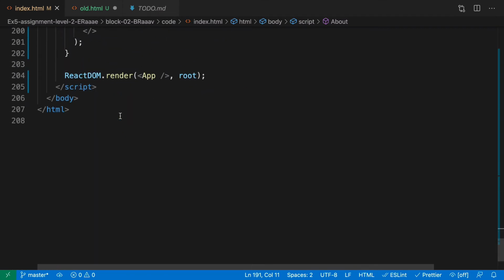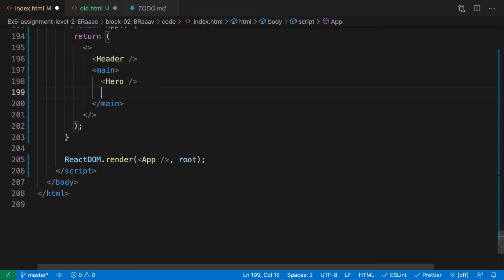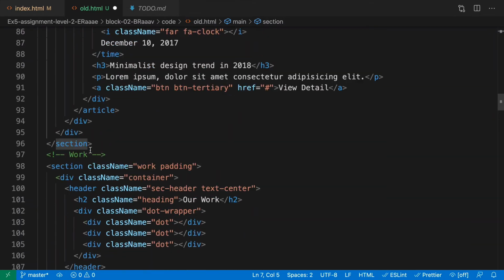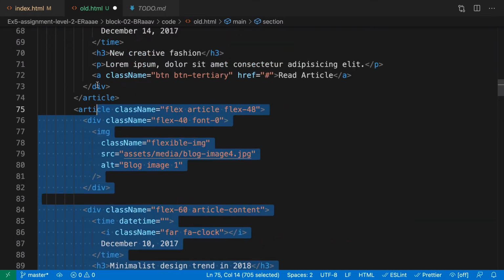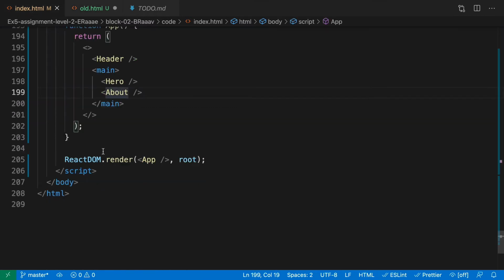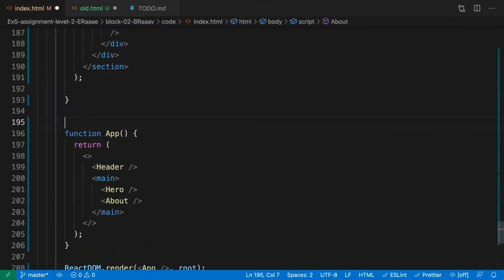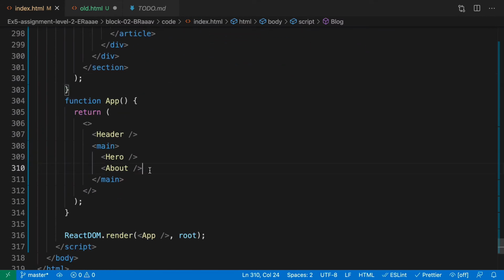And all we need to do now is to display About in our main section. So we'll say About comes right below Hero. After About is done, we have to move on to the next section, that is blog. So I'll copy this from here. We'll create a new component. We'll call that component Blog. We'll save it, and then we'll display Blog.